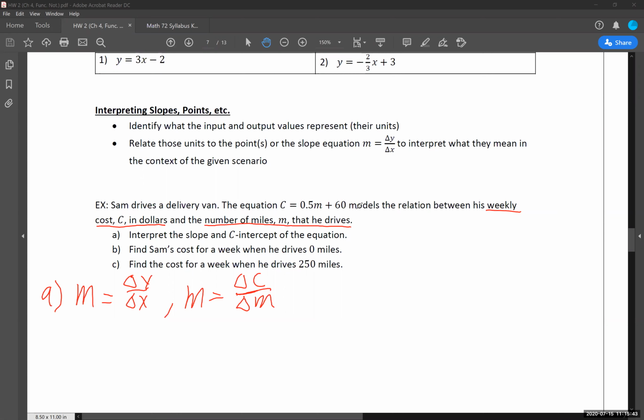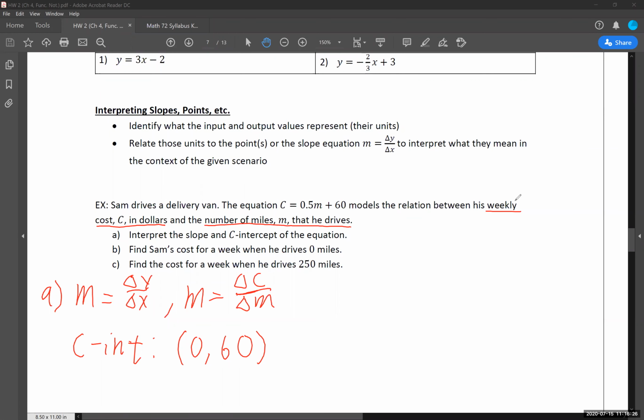Now looking at the c-intercept. So what is our c-intercept? Well, it's 0, 60. Again, going back from our general form that we have for our slope-intercept form. So again, we're saying, okay, interpret what the c-intercept means. We know what that value is. We know what the ordered pair is. Fantastic. That does not give us the interpretation. We want to interpret what the point 0, 60 means in the context of this problem.